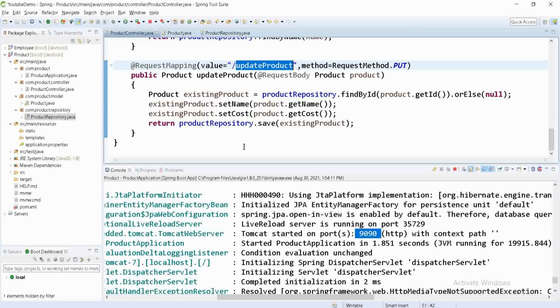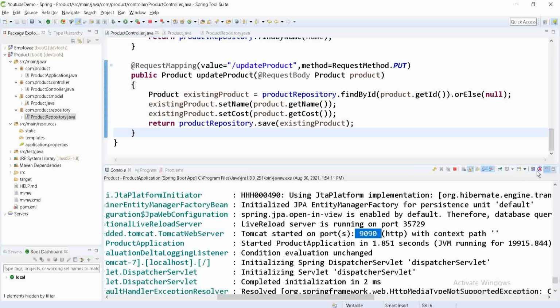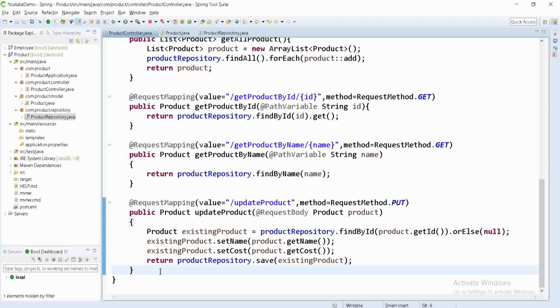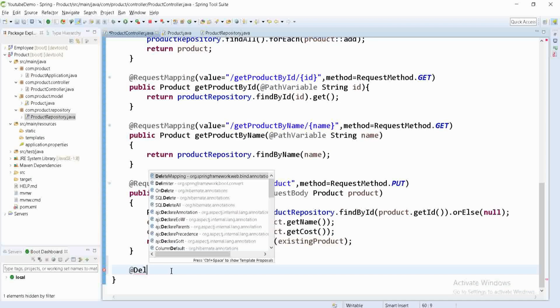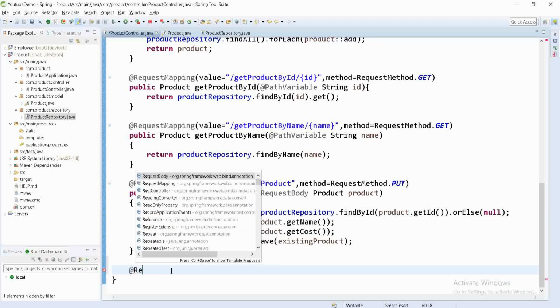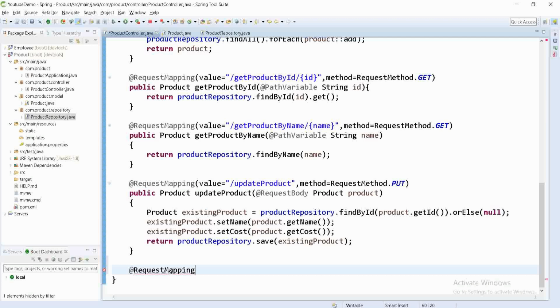Now the last is how we can delete the data from the database. So let's create one more method for that. At delete mapping. Sorry, we will use request mapping only here. Later on we will change request mapping.